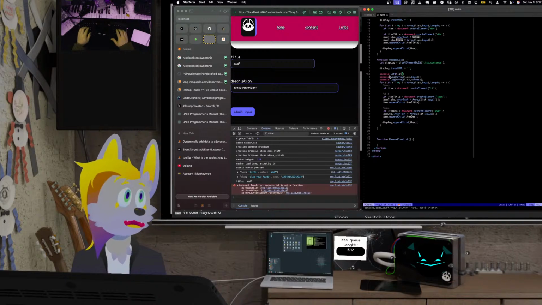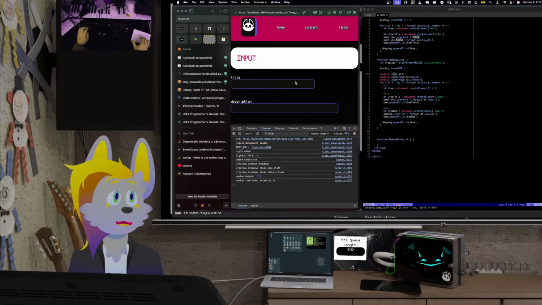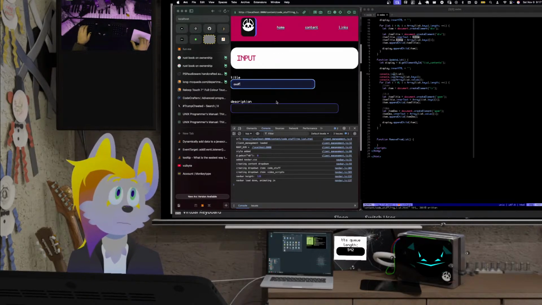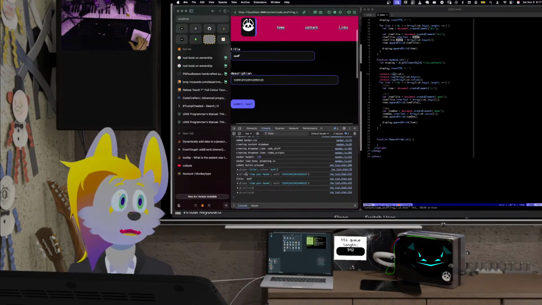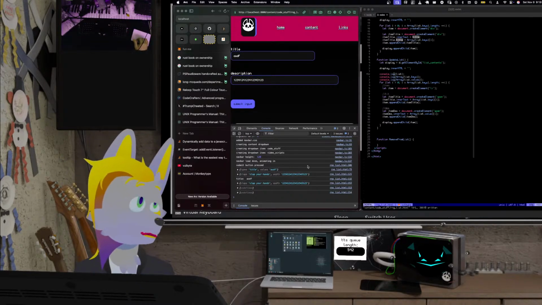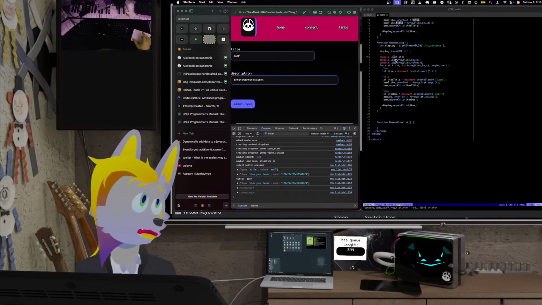Console.log. Replace that with a G, save it. What? So it's getting the list, but it's not returning as an array properly. So what's the difference between this and